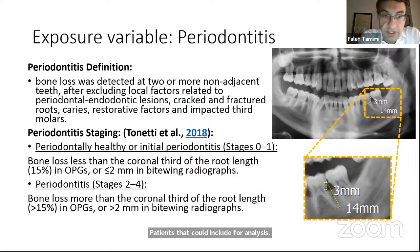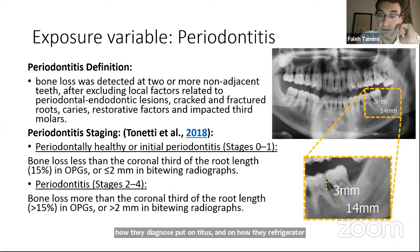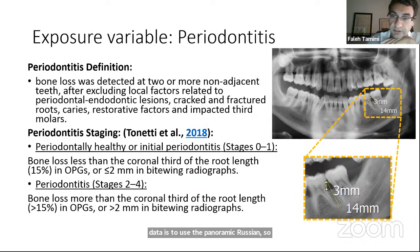For assessment of the periodontal disease, we used a method that relies on the panoramic radiographs. The reason we use this is because there is a lot of variability among dentists in Qatar on how they diagnose periodontitis and on how they register it on their record. So we thought that the best thing we could do to get really good quality data is to use the panoramic radiographs. We use a method in which we look at only the posterior region of the OPGs,